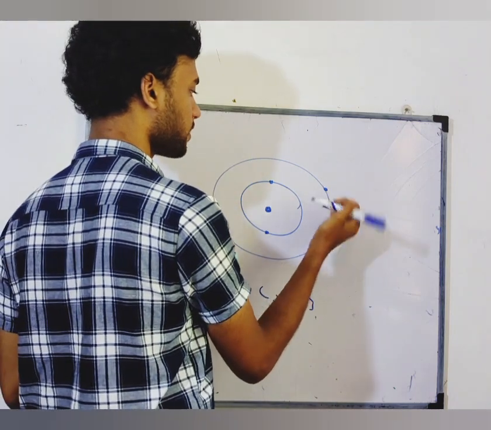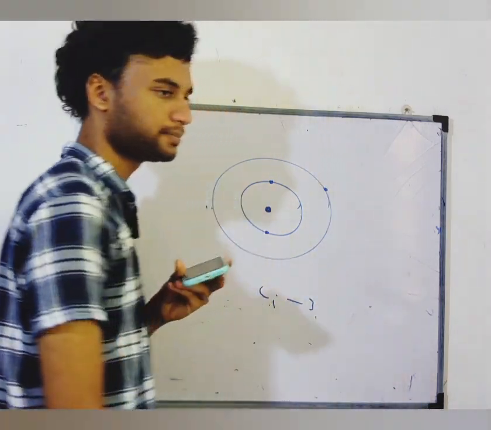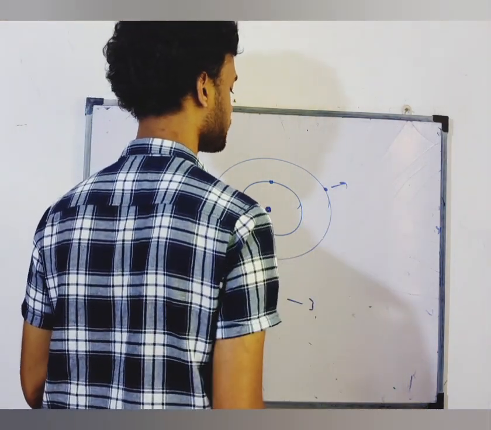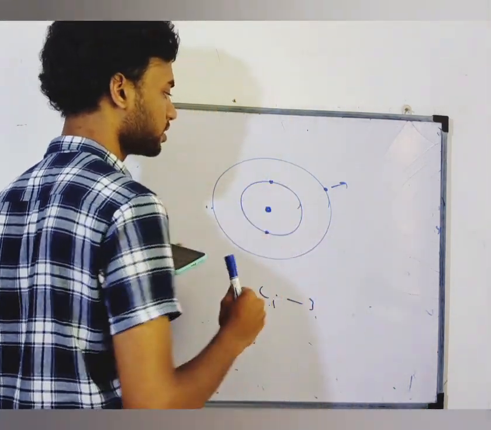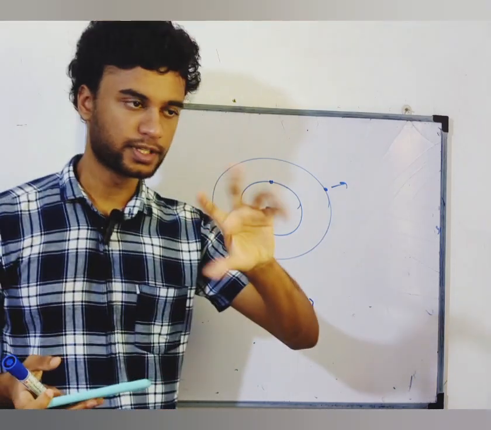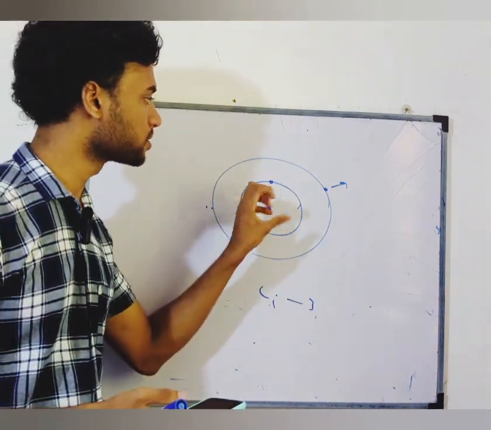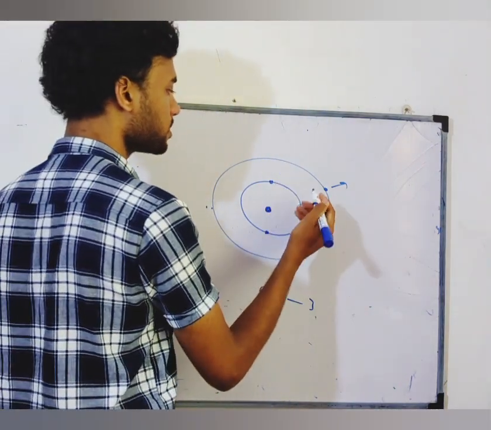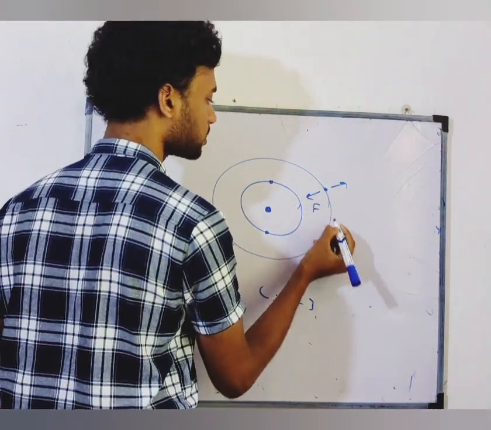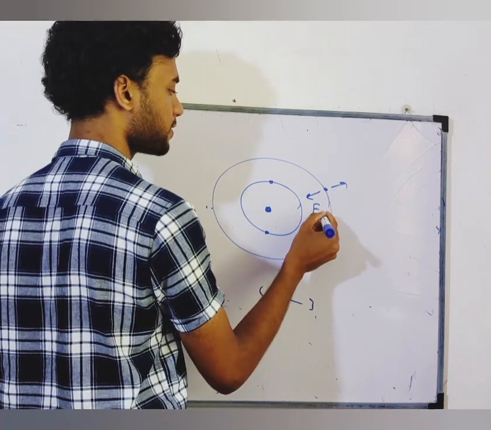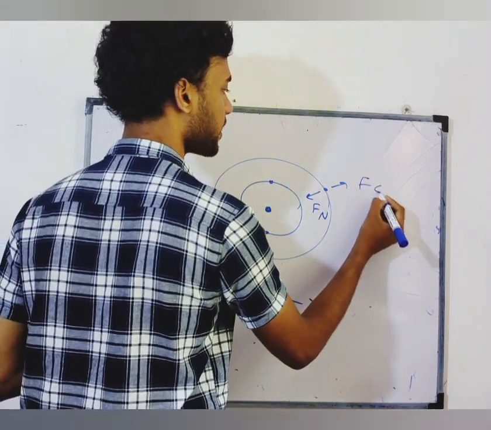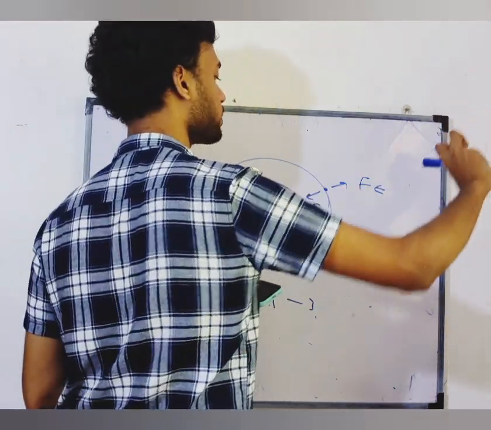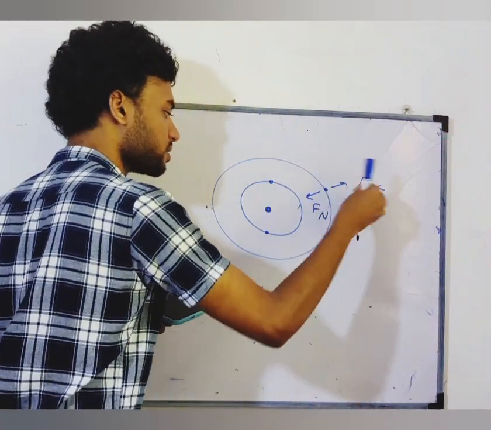This electron feels the shielding effect. No? Clear? Because of the shielding effect, this electron is repulsed, because there are electrons in the inner energy level. These electrons are going to repulse this outer electron. But this outer electron that's repulsed is also attracted to the nucleus. So I'll show the attraction to the nucleus as F nucleus. This repulsion is F electron. The electrons in the inner shell repulse this outer electron, while the outer electron is attracted to